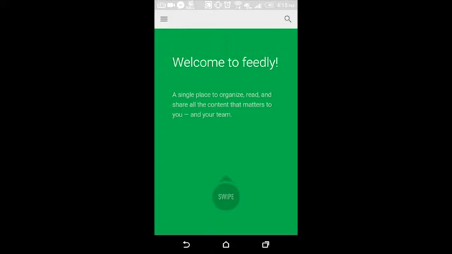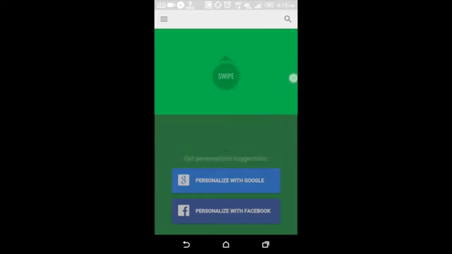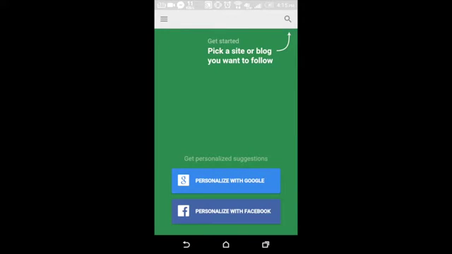So this is Feedly. This is how it looks. It says, welcome to Feedly, a single place to organize, read, and share all content that matters to you and your team. So if I swipe up, you can see here I can either log in via Google account or Facebook account,